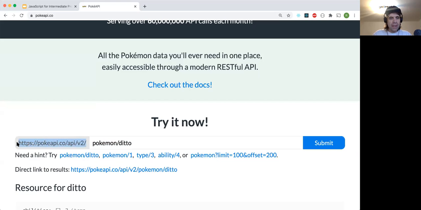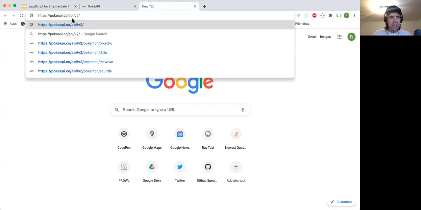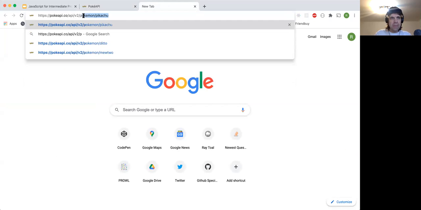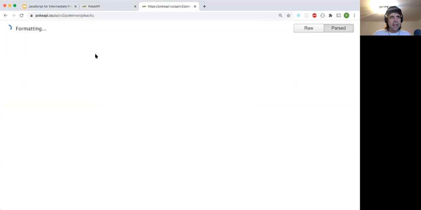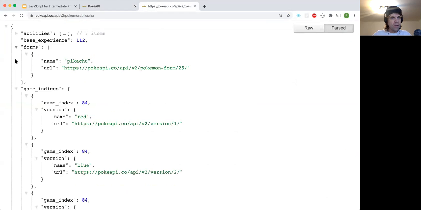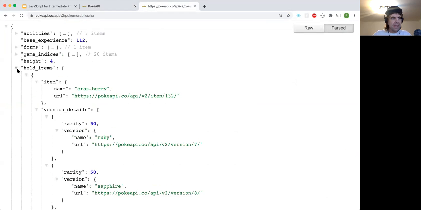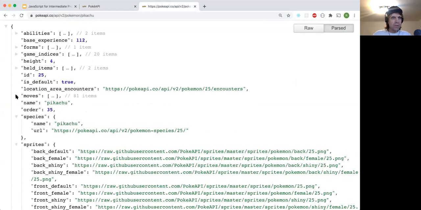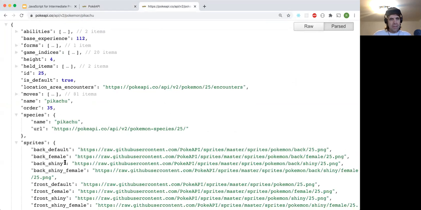In the case of the Poke API, the URL where the information is at is pokeapi.co/api/v2. You can follow this by pokemon and the name of a Pokemon character to get back a large amount of information surrounding that particular Pokemon character, like its abilities, its forms, game indices, held items, moves, and something called